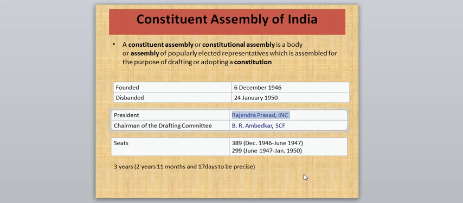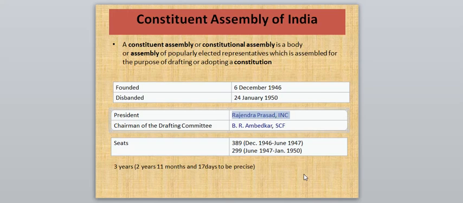He was a lawyer known for his role in the Champaran Satyagraha. He was a three-time president of Congress. So he had a very prominent place in the Indian National Congress, and he was elected as the president of